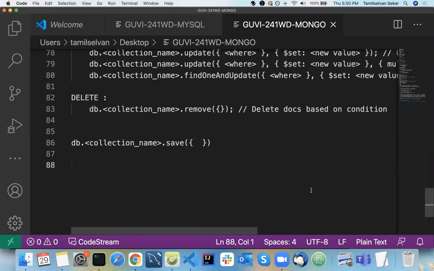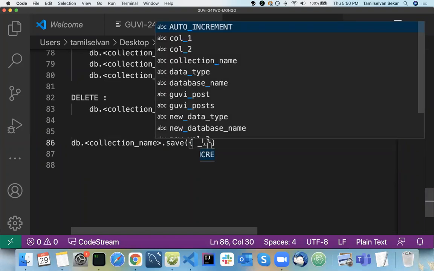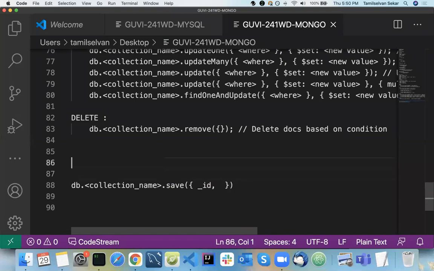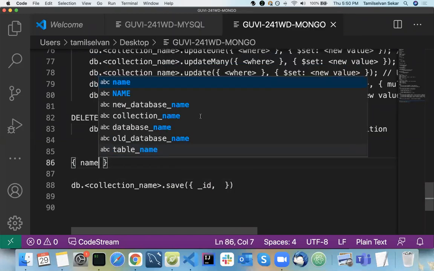So you guys asked me about deleting a field. What you need to do is here you can mention that ID. For example, if you want to delete your title, you need not mention title here. What happens here is your save will entirely change your document. So I will show it now.